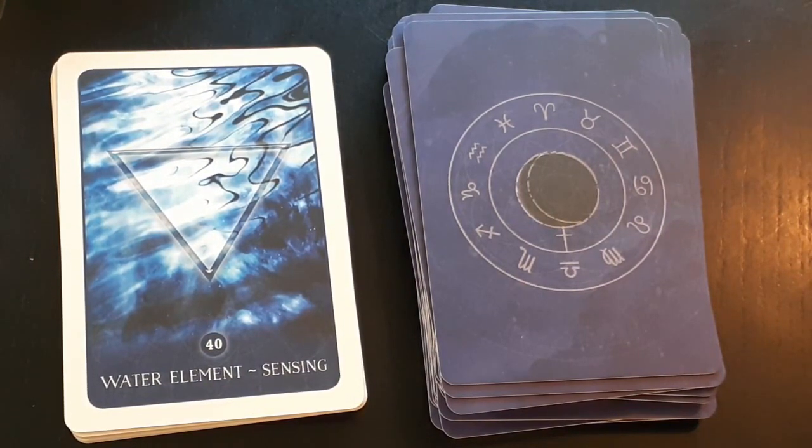Water element, sensing, being led by feelings, what is felt and what is known to be true directly through emotions, intuition, letting go or just going with the flow, extreme sensitivity, feeling shy or out of place, being quiet and introverted, subtle changes in circumstances and environment, the creative imagination, psychic dreaming, currents of emotion,